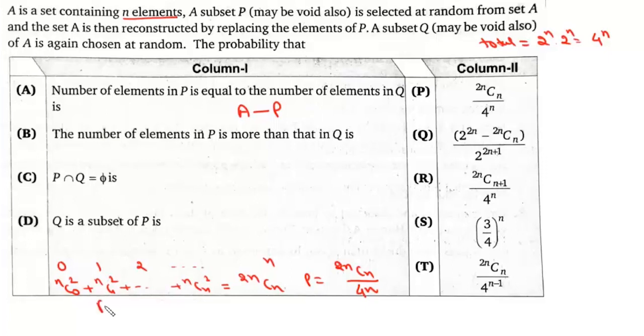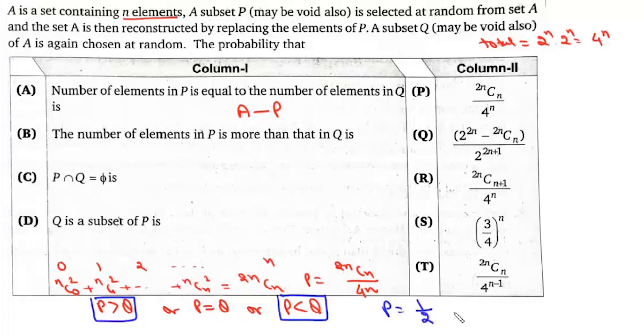Now we'll have 3 cases. Either P will have more elements than Q, or they'll have the same number of elements, or number of elements in P is less than number of elements in Q. Now there is no difference between the 2 sets and their conditions. That means number of elements in this case will be same as number of elements in the other case. So if we have to find this probability, it will be